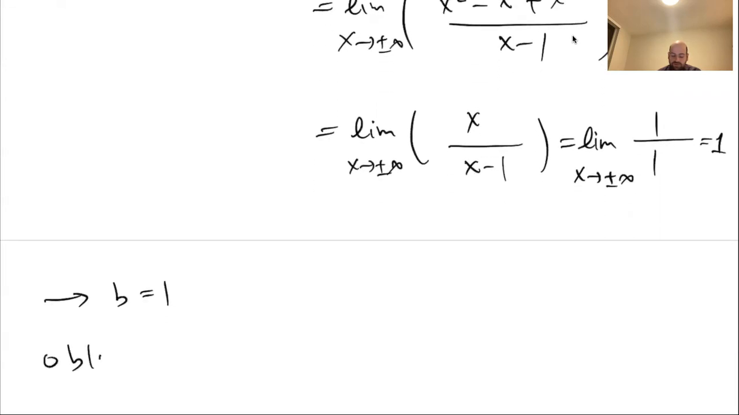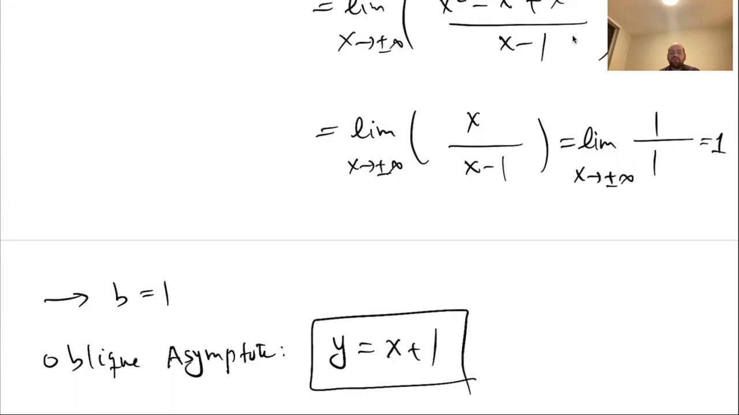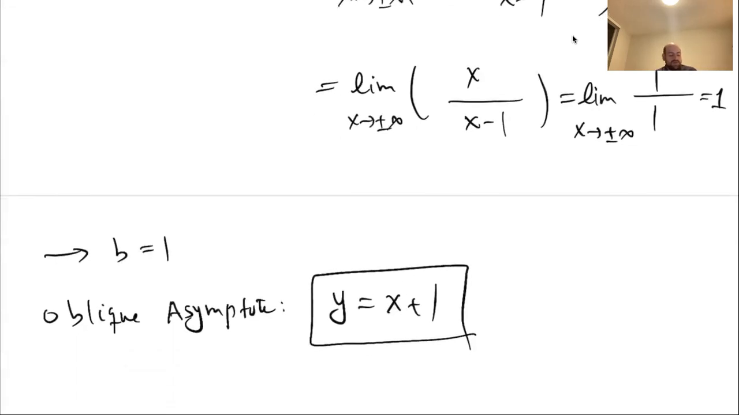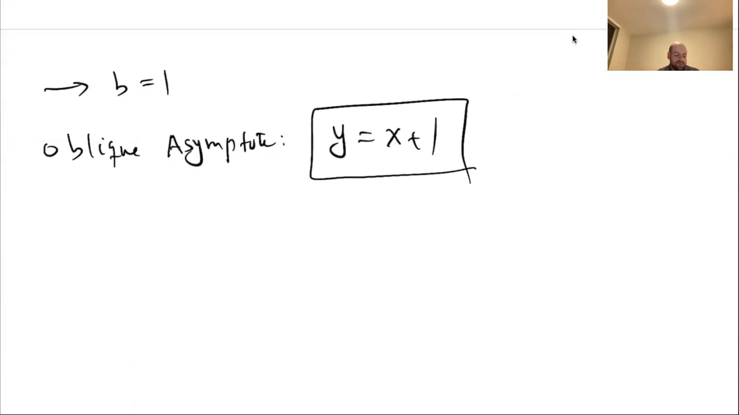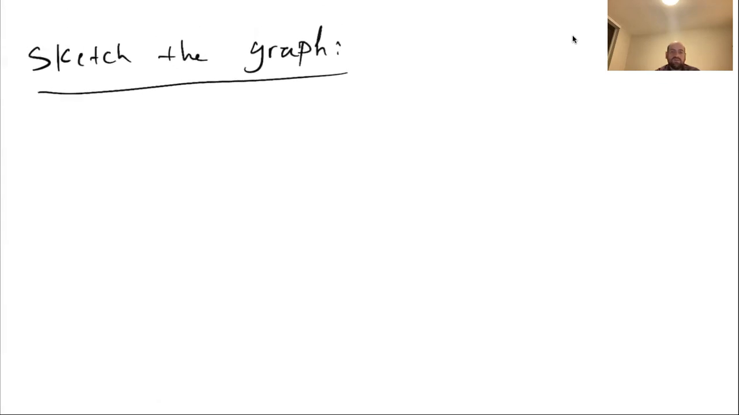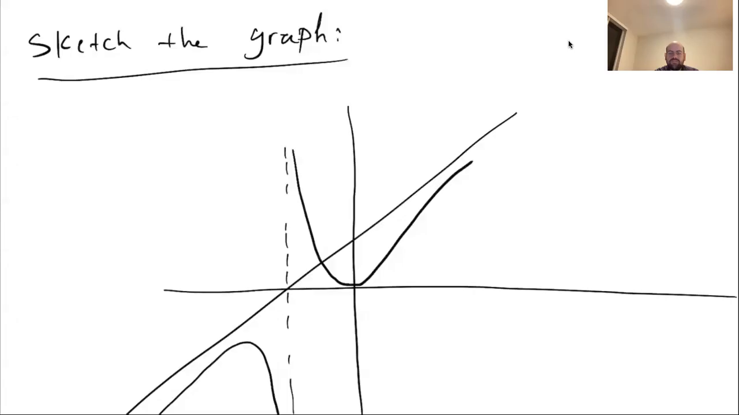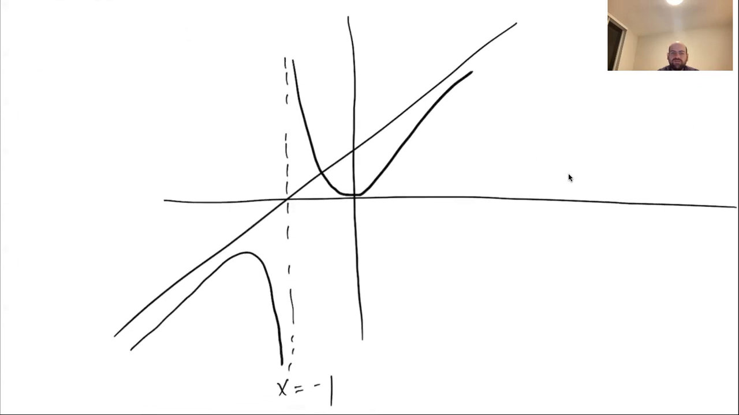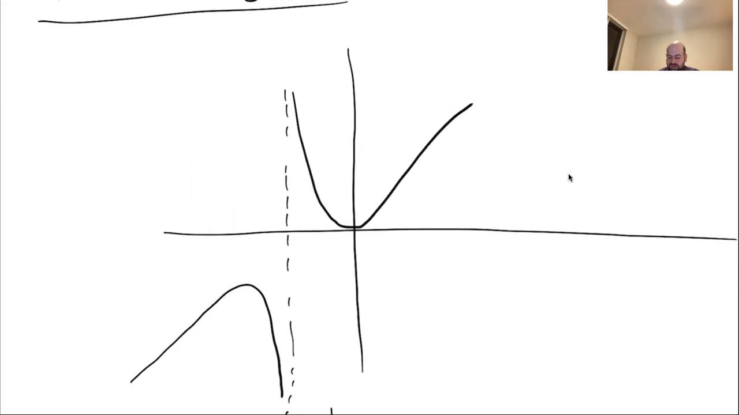So the oblique asymptote here will be y equals x plus 1. Y equals x plus 1 is our oblique asymptote. So we found all the asymptotes. Now we are ready to sketch the graph. Okay, so let's sketch the graph here. Okay, so here you are, that's the graph. This is y equals x plus 1, our